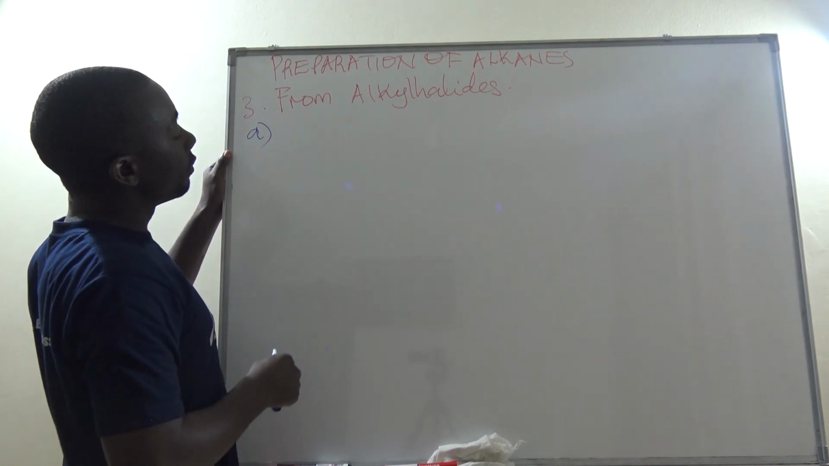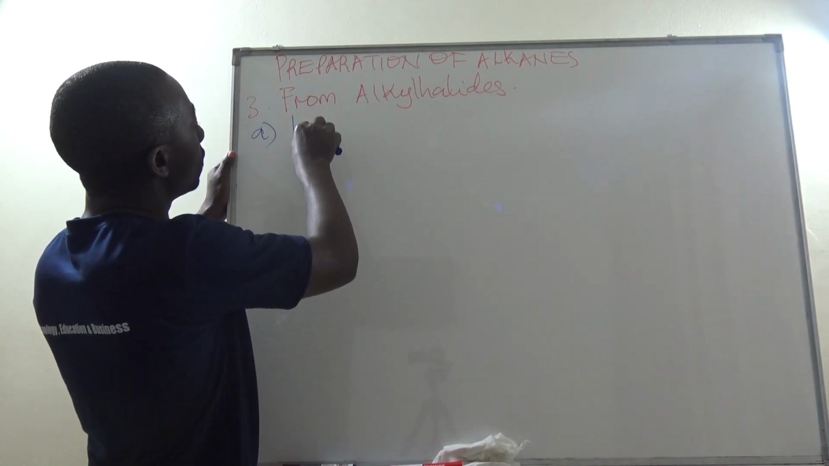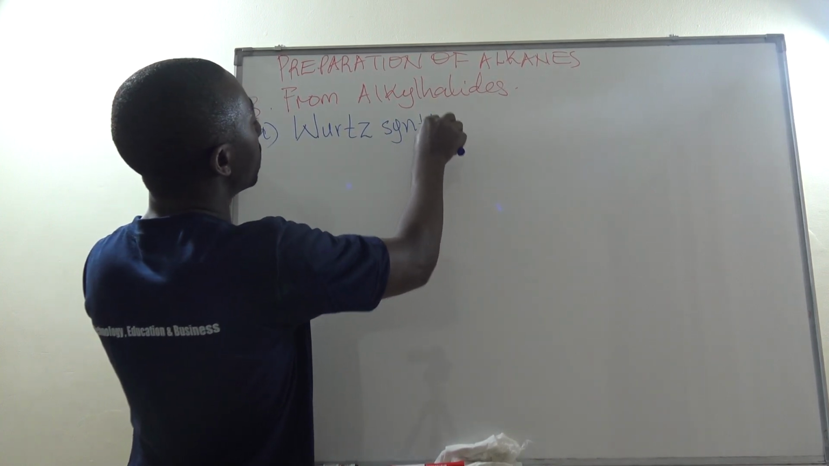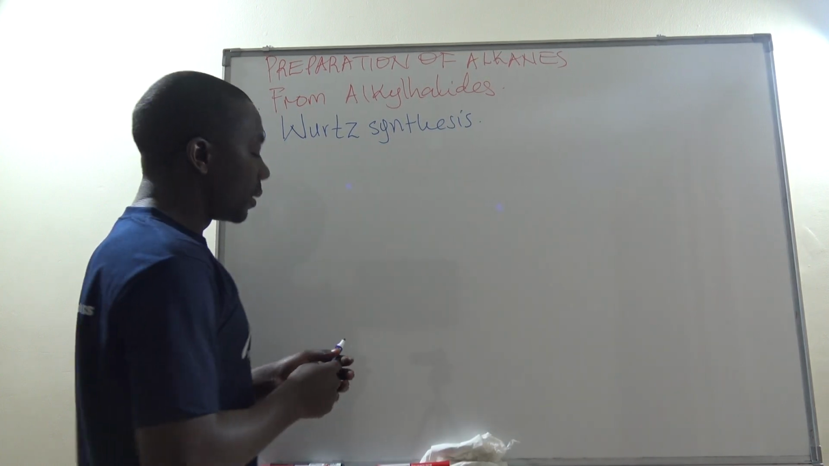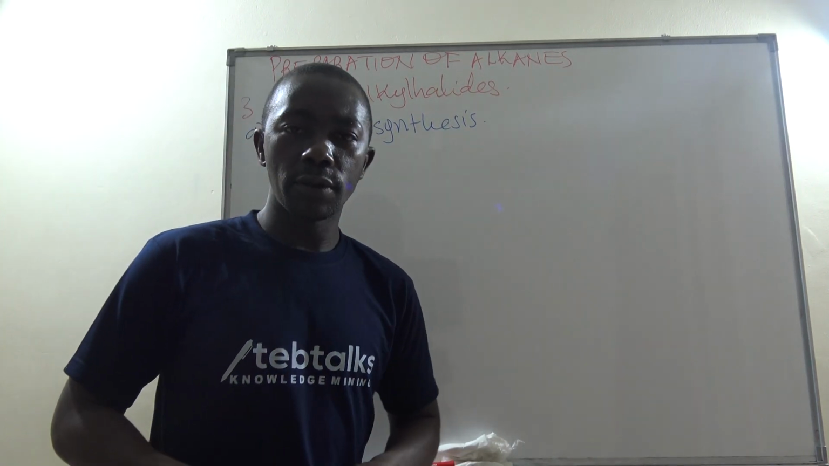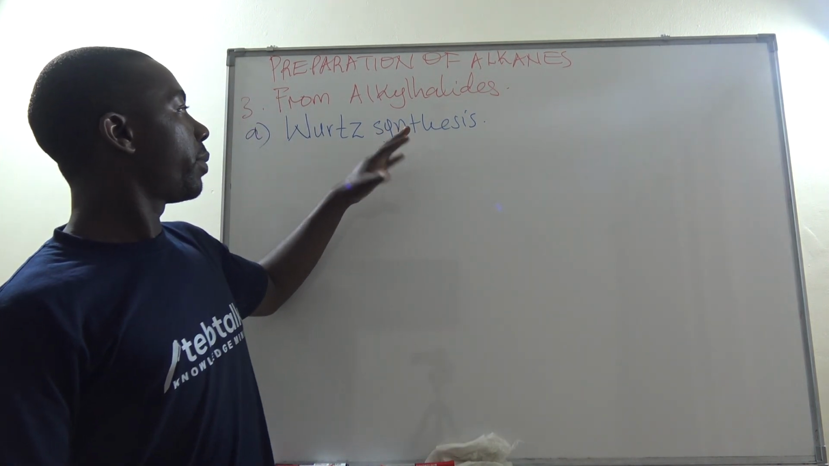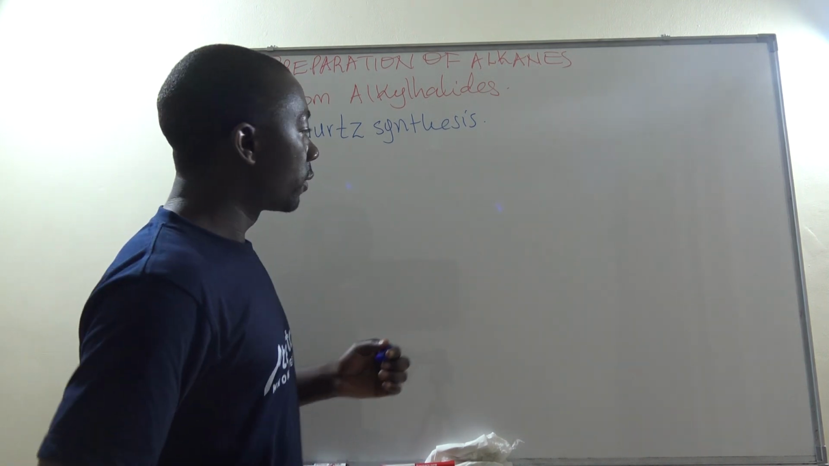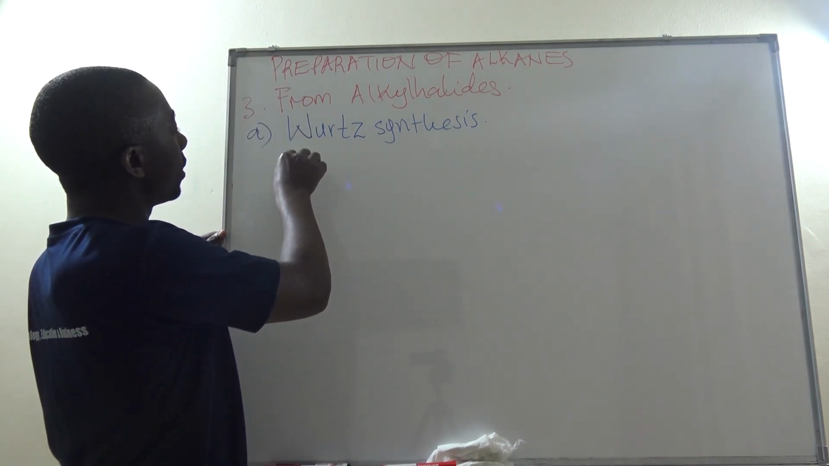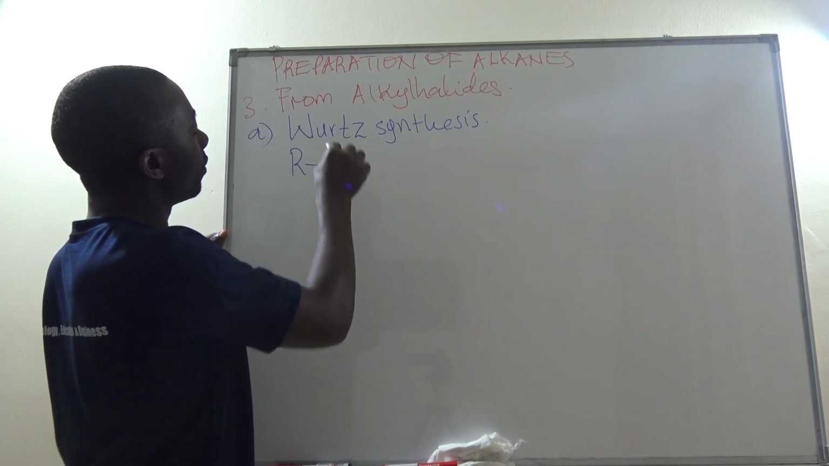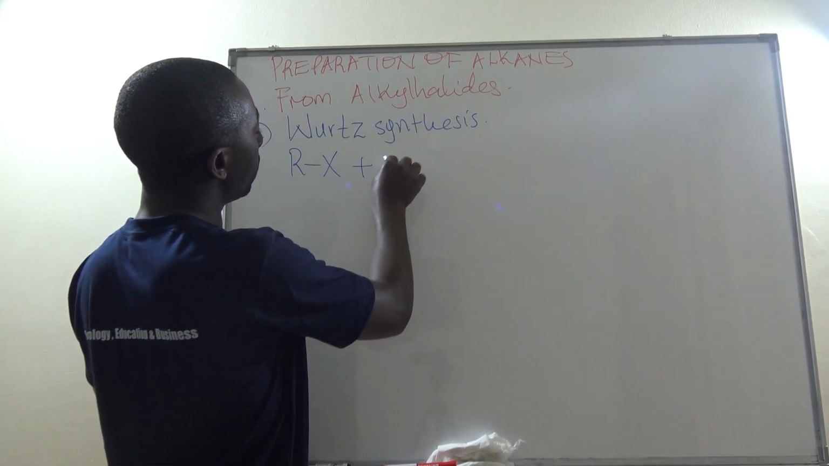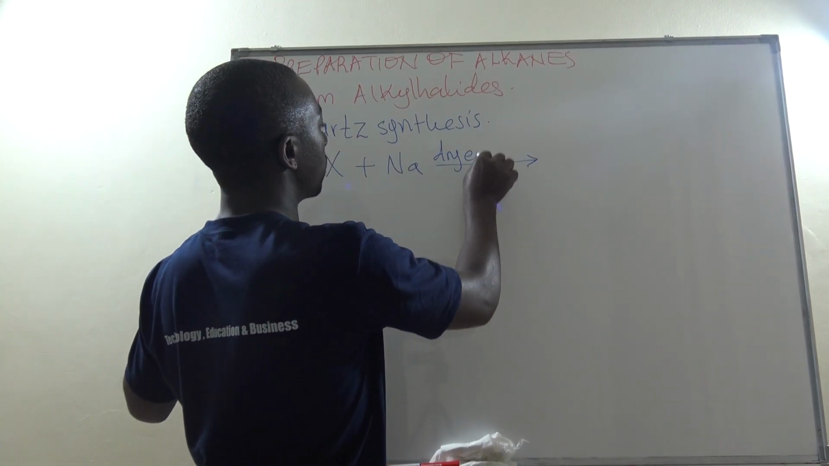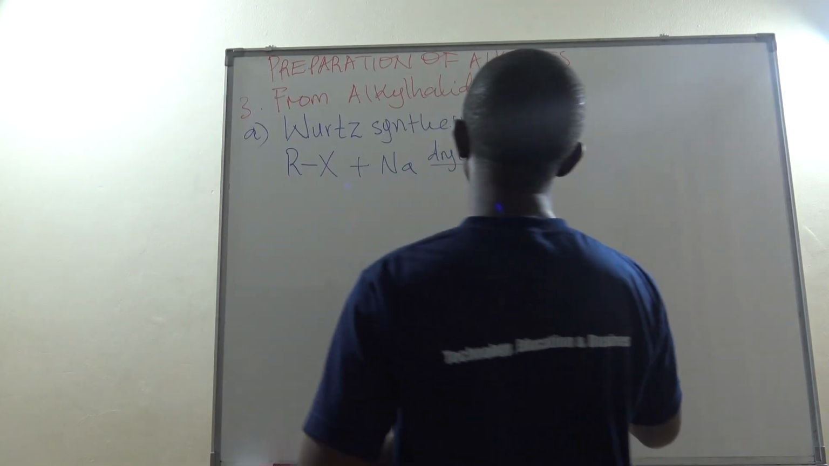part A. From alkyl halides, we can use Wurtz synthesis. We can apply that knowledge of Wurtz synthesis. This is a very, very important reaction under preparation of alkanes because we even apply it in organic synthesis to double the length of the carbon chain. So, in other words, if we have an alkyl halide of that formula and we react it with sodium in the presence of dry ether, we are bound to get